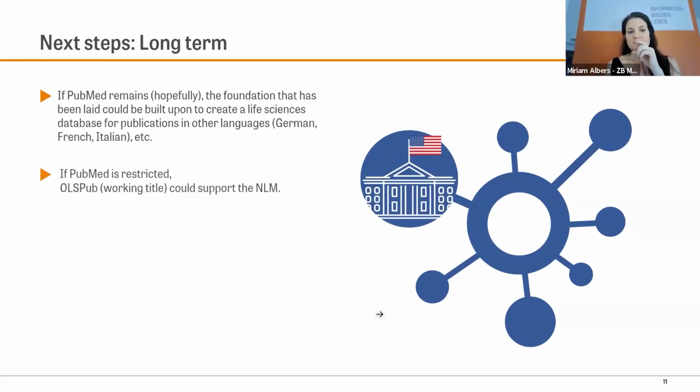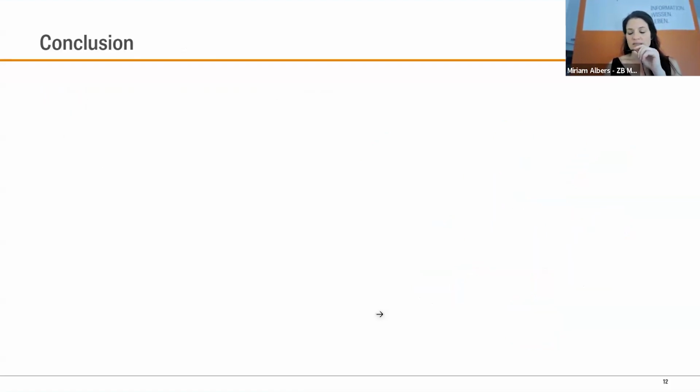And if PubMed, for example, is restricted with resources, maybe our project can help the NLM and help the US, and maybe they can use some parts we are developing, because everything we are doing is open source. So maybe we could be in help for the US too. And so we think for us, this is more than just a project. It's also kind of maybe